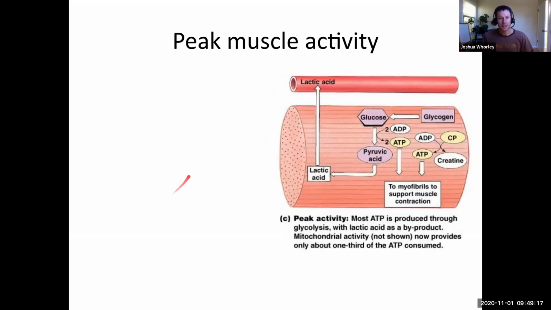Sorry. So now let's go to peak muscle activity. This looks weird now. Where did all this importation of stuff go? It's still happening, right? We're just showing what's primarily happening. At peak muscle activity, your heart's beating hard, you're breathing rapidly, you're still importing as much oxygen as you can. You're still importing fatty acids, though you're probably not using very many of them, and you're still importing glucose, but primarily what you're doing is lots of glycogen breakdown into glucose,